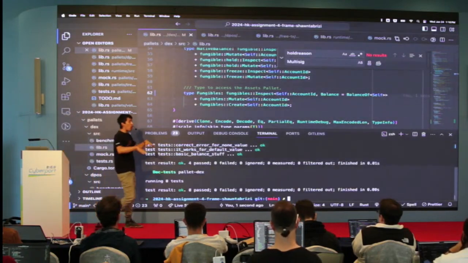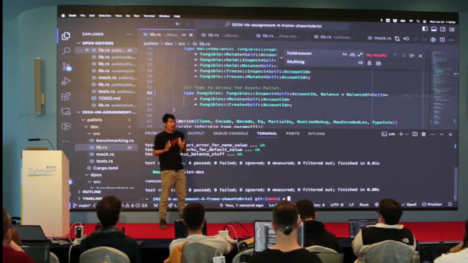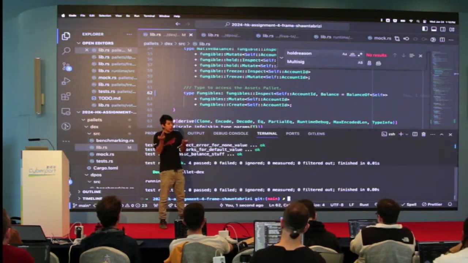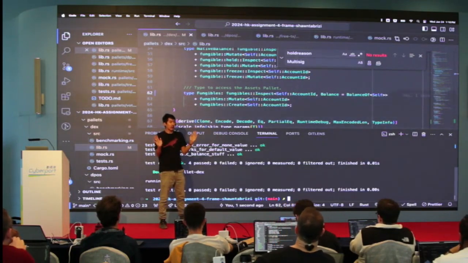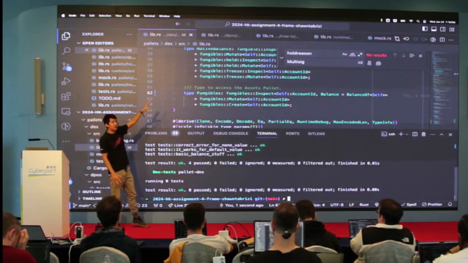I'm still using all the generic stuff of Substrate. I'm still using all these things, but I can say in my pallet, not every runtime is valid. Only a runtime where these two types are the same is valid. And that's really powerful too. This is all just Rust. Rust is so cool that it can figure out at the type level that this is okay.